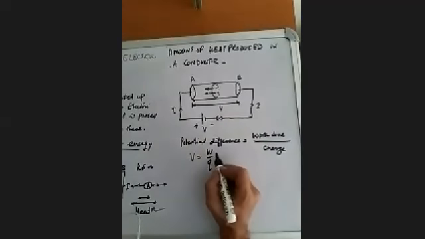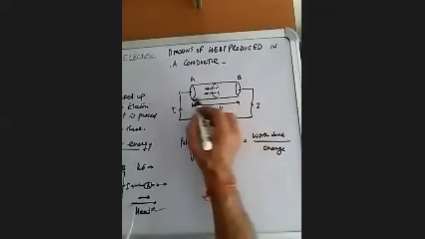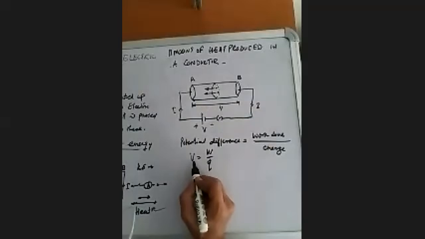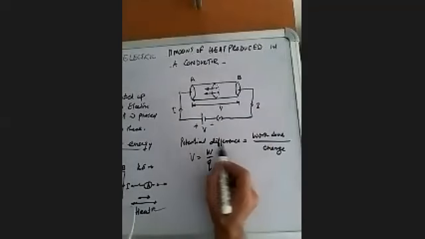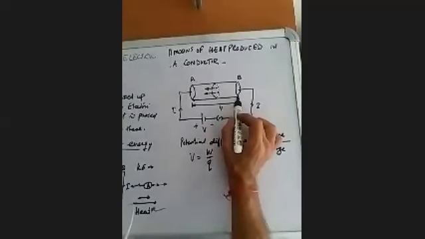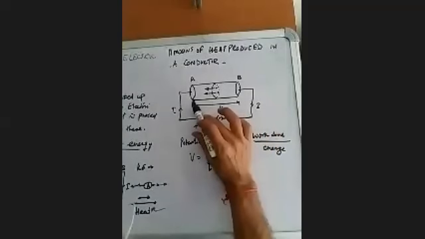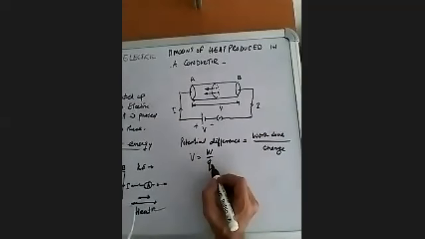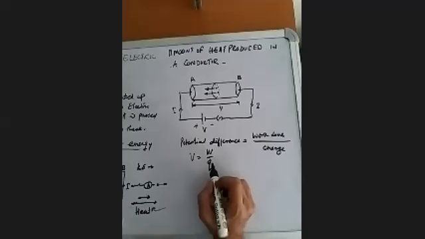So that means if work done is given by W in carrying a charge Q from one end of the conductor to the other end of the conductor, then W upon Q will give us the potential difference, because potential difference is the work done per unit charge in moving that charge from one point to the other. So we are finding out work done per unit charge. So Q is the charge that has been moved with the help of the work done, which is equal to W, then V will be equal to W upon Q.